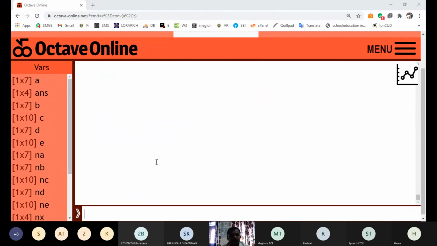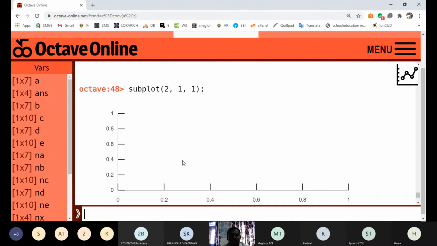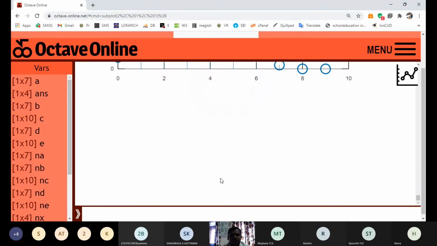We need to display C and E. So I need to plot in the figure window, and in that window I need to draw two graphs. Now I am drawing the first diagram, of C, the LHS of the associative property.